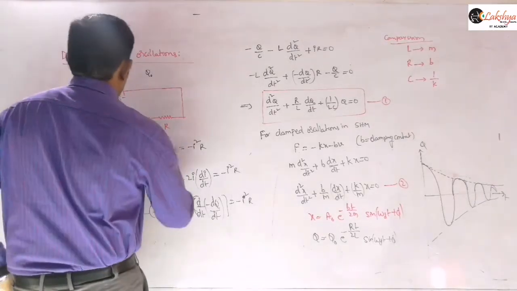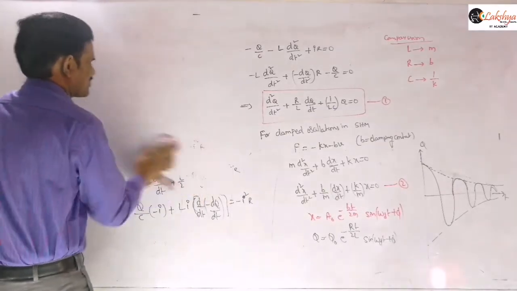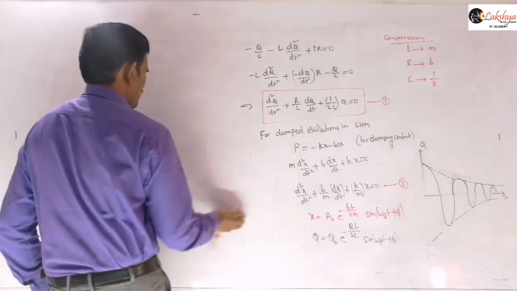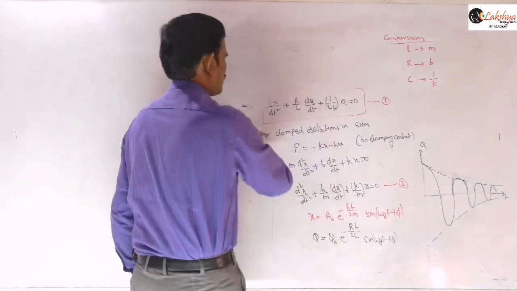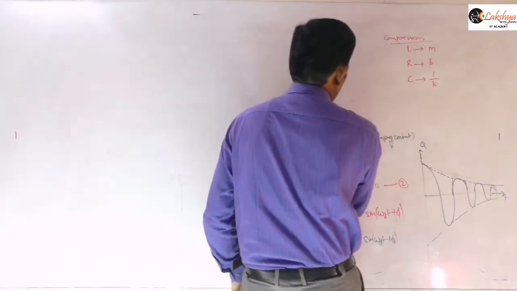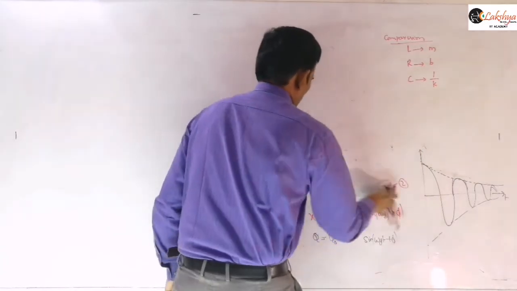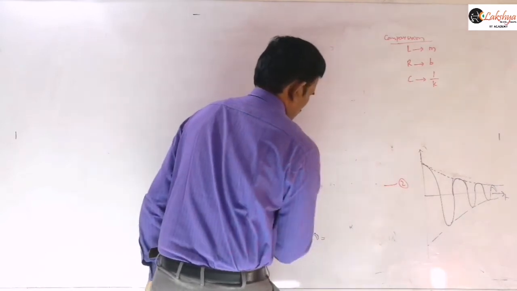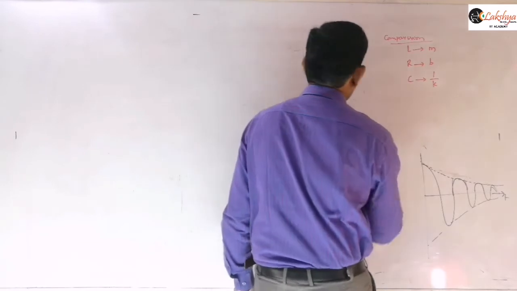And in these LC oscillations, generally the majority of the questions will be based on the maximum current through the inductor. They will ask that here. In a standard circuit you can apply the formula directly, or you can just write a conservation of energy. Standard circuit means only one capacitor and one inductor will be there. But if, for example, two inductors or two capacitors are there, let us see the procedure for that.